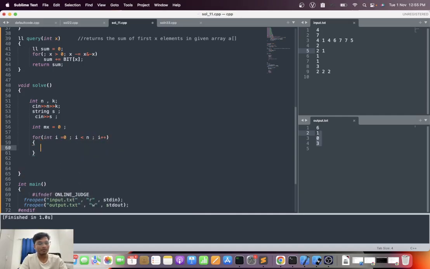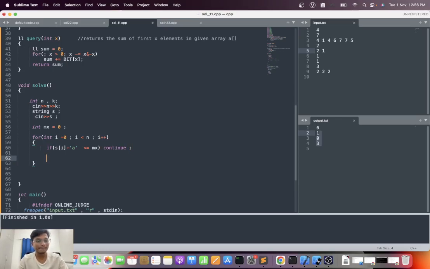Now for i to n, if s of i minus a, its value is less than or equal to mx, then I will say continue. And now if its value is greater, because if it is smaller, I can easily make it by decreasing it, I can make it to a. Now if it is greater than k,